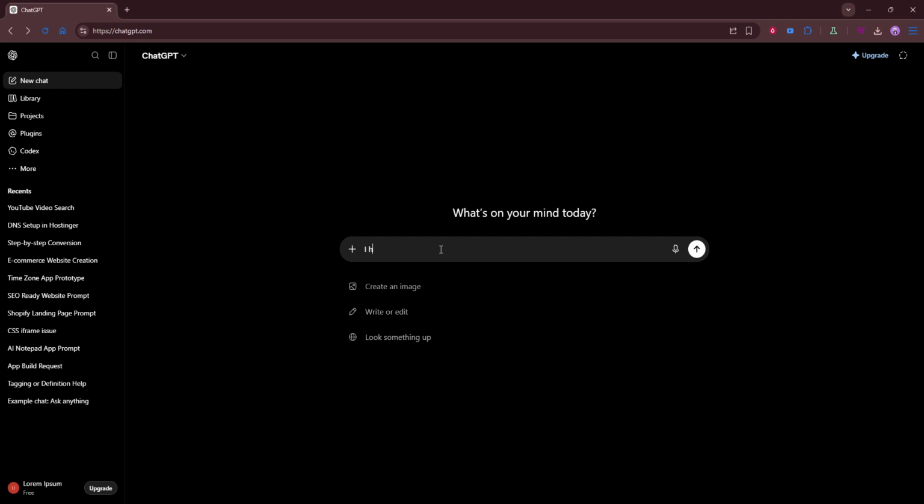Make sure you include the key details that define the event, such as the event name, the date, the location, who the event is for, and the overall purpose. In other words, give ChatGPT enough context so it understands exactly what kind of event you're promoting and what message